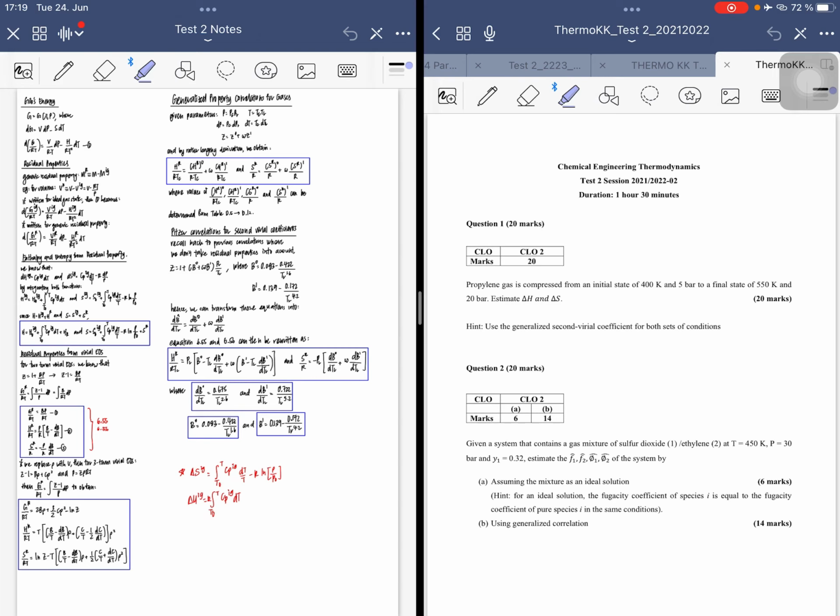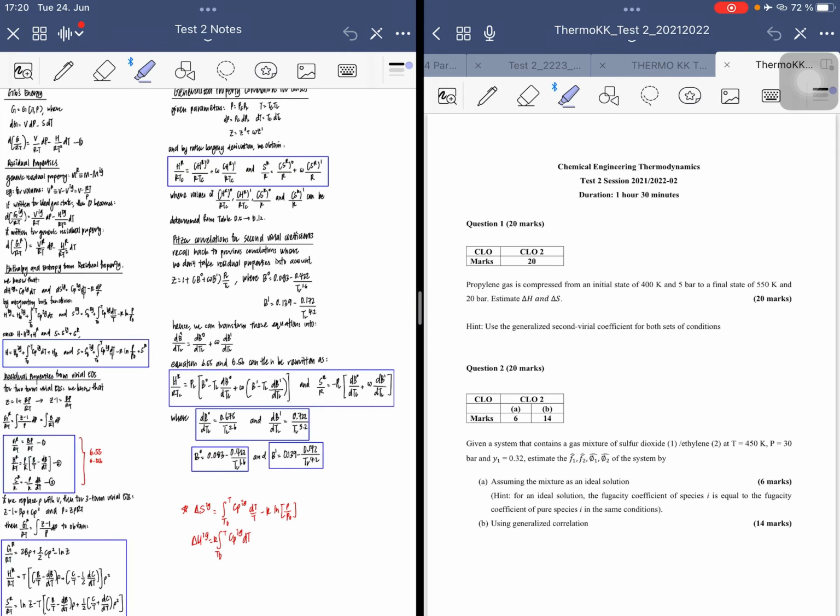So what residual properties talk about is the difference between ideal property and real property. So for example, when you calculate a system, when we consider real properties, we want to know how much our actual enthalpy deviates from the ideal enthalpy. That's just the rough idea, because I don't really have time to go into details. So any formula that we have in chapter 6 is just an expansion from chapter 3. There's a long derivation, but yeah,